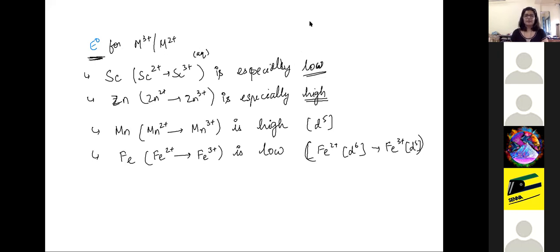Next, coming to how D block elements exist in high oxidation states. I just mentioned that they're going to have more of a covalent nature, right? When do they form compounds with high oxidation states, with what other elements do they form them, and how are they getting stabilized? I'll discuss all of that.